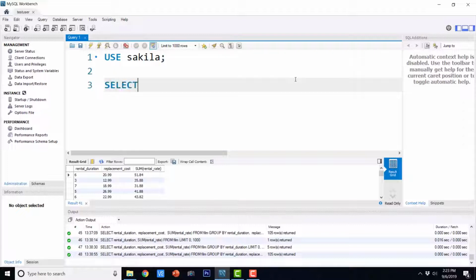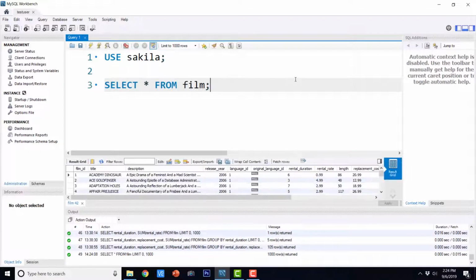So I'm going to say select star from film, and if I execute this, it will show us all the records from the film.